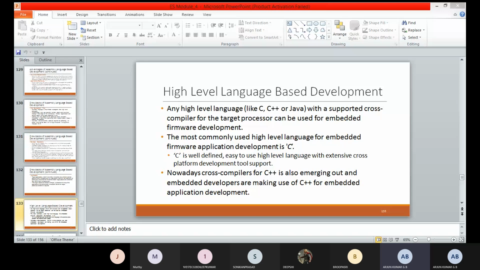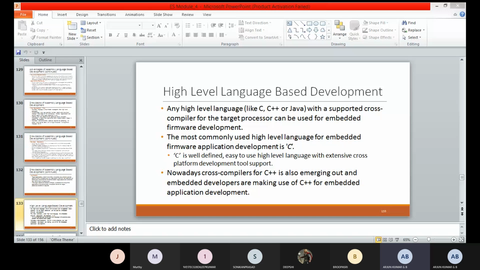Okay, in assembly language level, the way we did the conversion, first we created the ASM language source file, then linked it to the object file, then linked it to the library file, and finally converted it to the hex file. The same thing here also, everything will be done the same, the same procedures will be followed in this high level